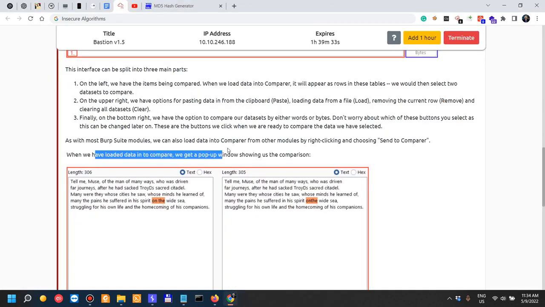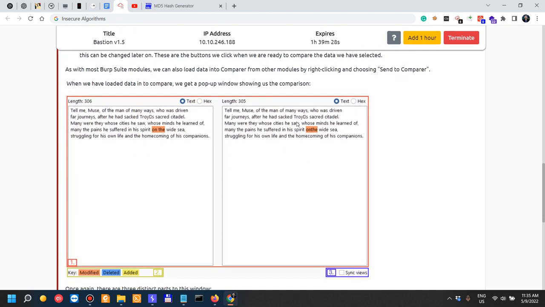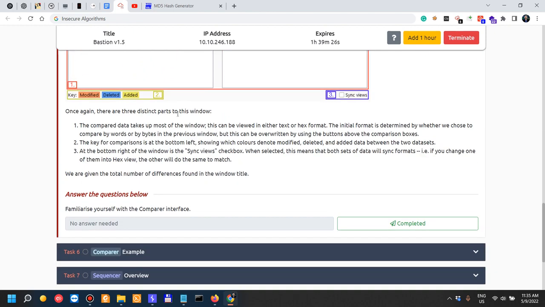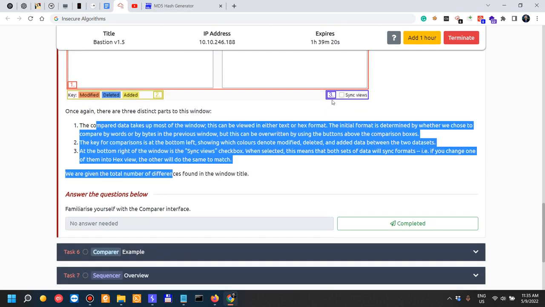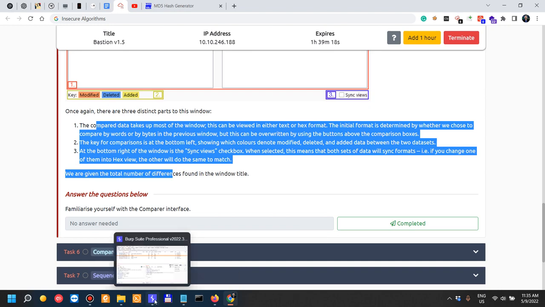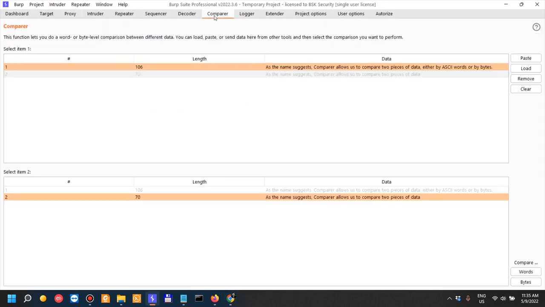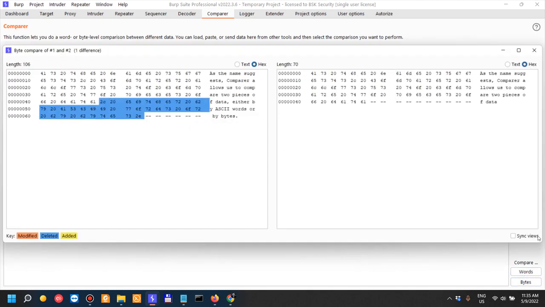Alright, when we have loaded data into compare, we get a pop-up window showing us the comparison as I've showed you previously. Once again, there are three distinct parts and I've explained them to you. You can also sync the view, for example. So let's actually do another compare here. Let's just compare. We can compare bytes and we can sync view, but sync view actually is very useful when